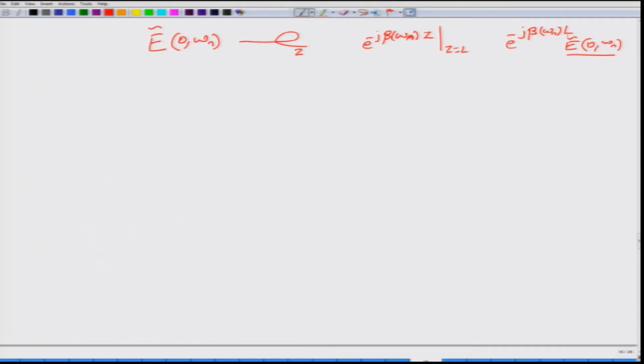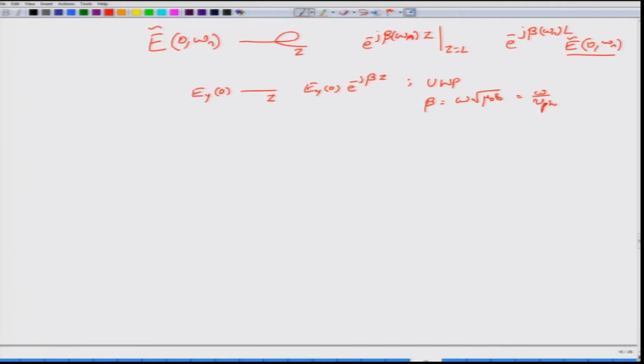If you are not really convinced by this, think of, say, y polarized light propagating through free space for a certain distance z. After propagation you would have written this as e power minus j beta z, where you would have assumed beta to be the propagation constant, independent of the frequency, with a certain fixed value. In the free space case, beta would be given by omega square root mu 0 epsilon 0, or equally omega by Vph, where Vph is the phase velocity. You would have assumed this.